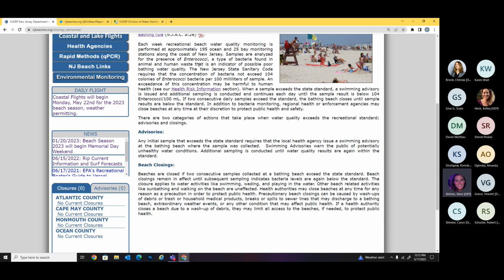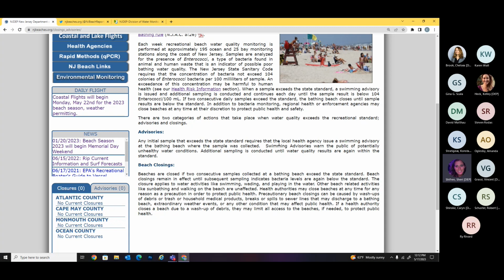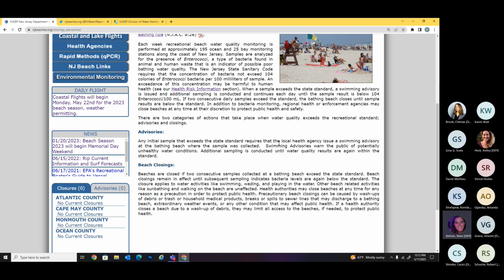But if it's exceeded, so Monday we sample, if this standard is exceeded, which is the primary recreational water quality standard, then we have an advisory. And that's for the initial exceedance. Because it's a 24-hour analysis, this would show up on Tuesday. And like I said, it would turn yellow on the site and you'll be able to see the advisory. So an advisory is not actually closing the beach for swimming. It's notifying the public that we did have an exceedance and letting the public make that choice on their own.